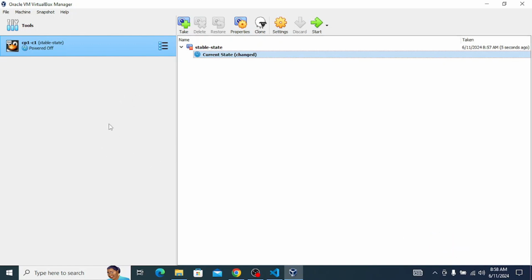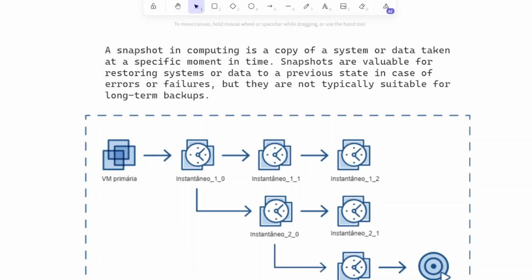So this is our snapshot. This is a very important part of this class, because if you make a mistake, you can always go back to your snapshot. It is very critical that when you get to this phase, you take a snapshot. This is something you can do in production. This is something you can do anywhere. What I'm teaching you is not just knowledge for your lab, but knowledge you will use even when you get a job, when you're working in a